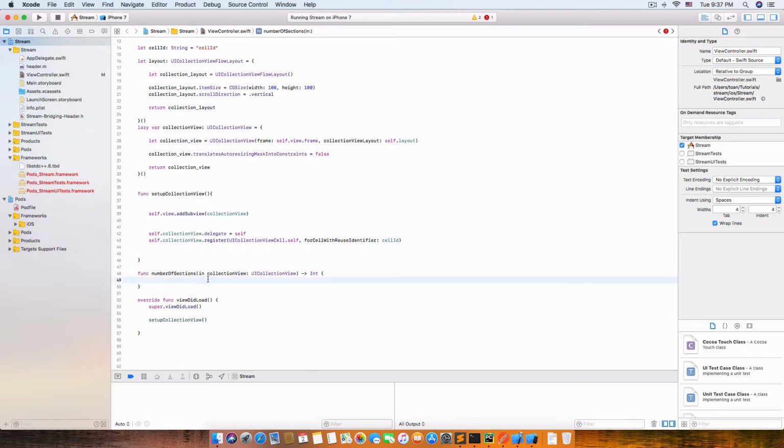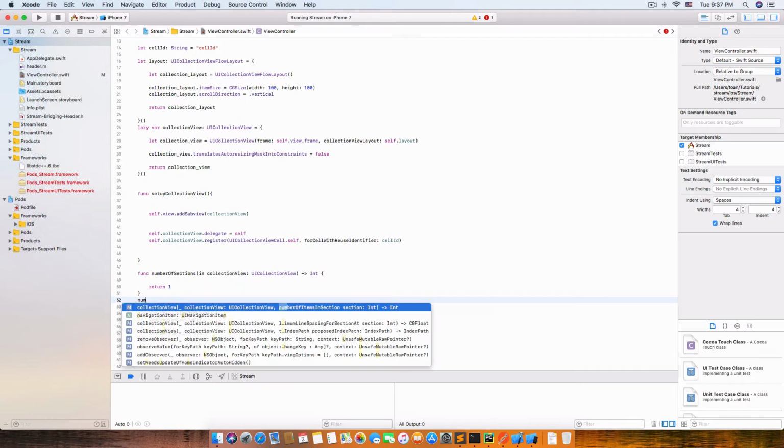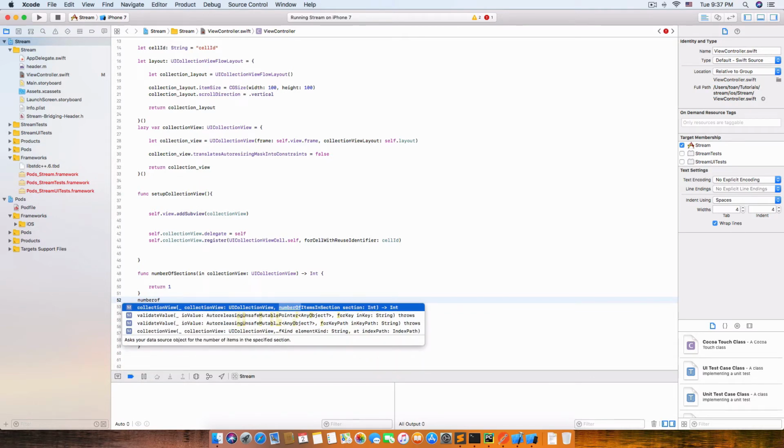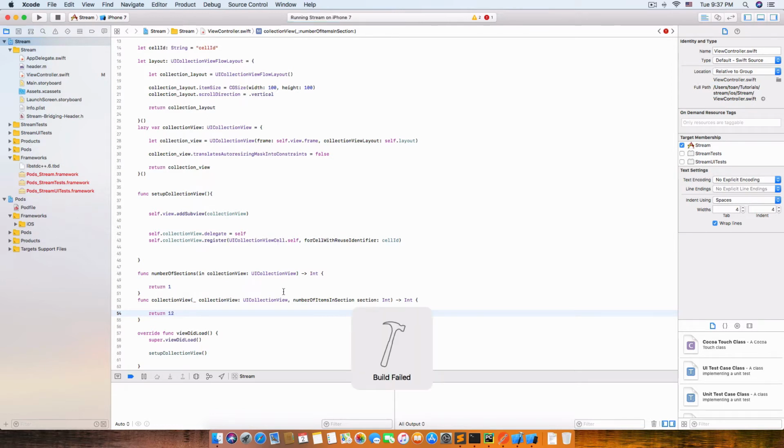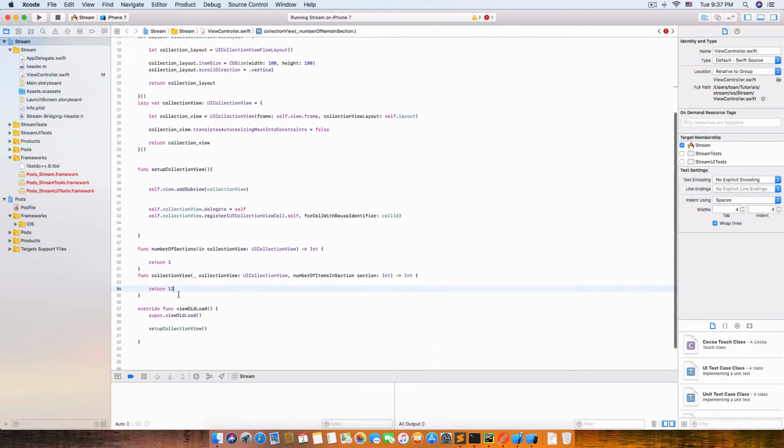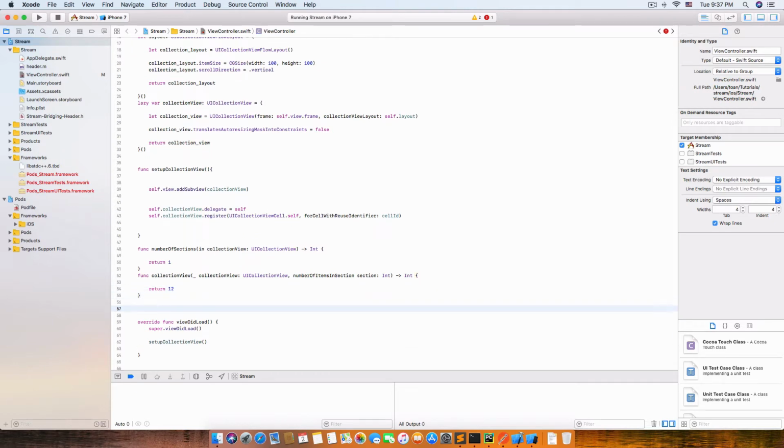in the future we can have multiple sections, like the camera at work or camera at home, or maybe some group of cameras, but for now I set one section, so we need to return the number one for one section. And here we got a row, number of items in section. So let's give an example. For now I'm trying to return 12, that means we have 12 items,